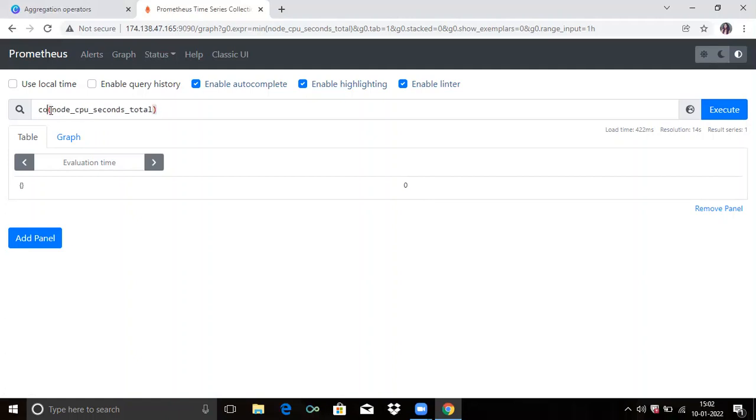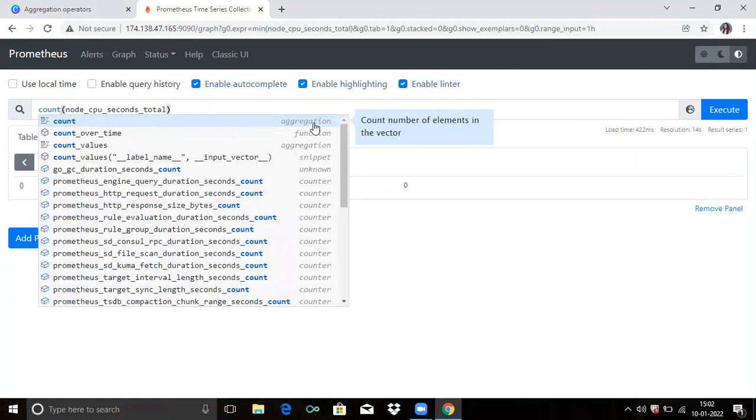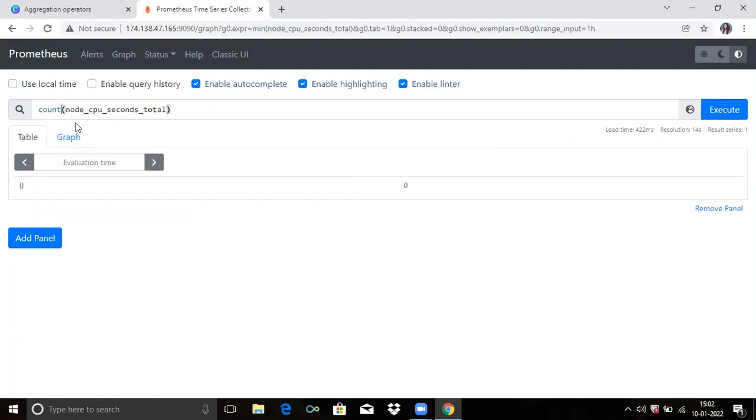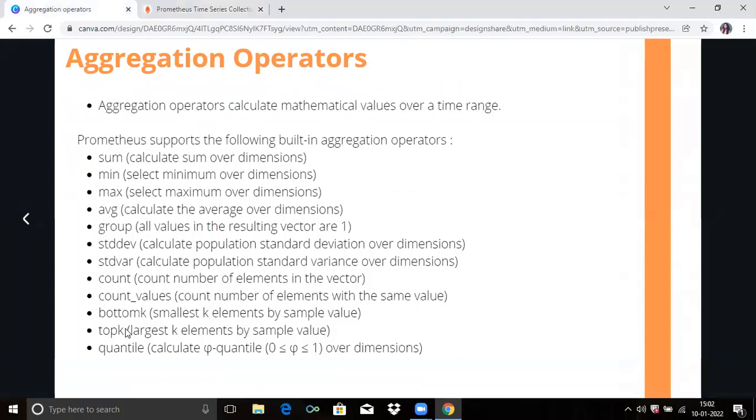If you run count here and execute, you can see the value is 8. That means if you want to count the number of vectors, you can use the count operator.